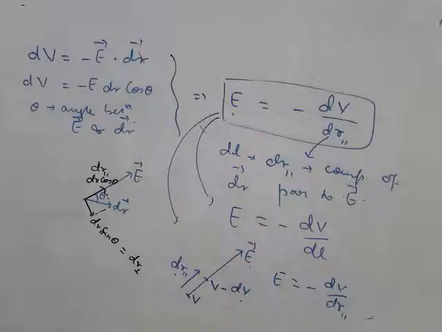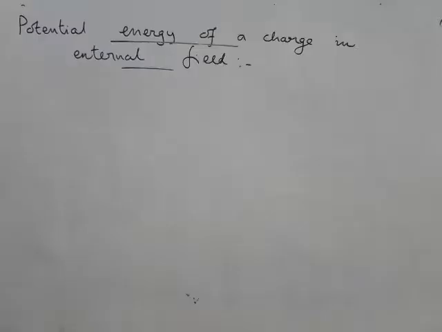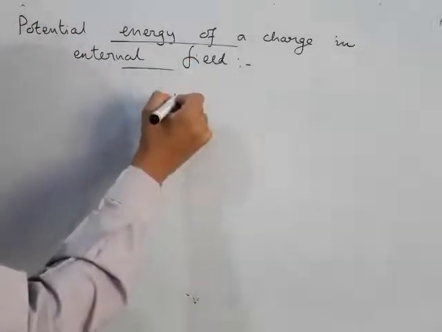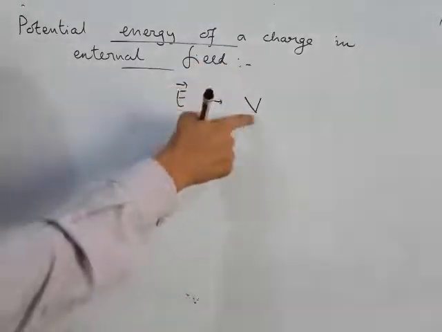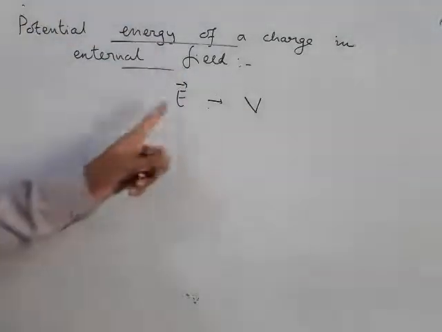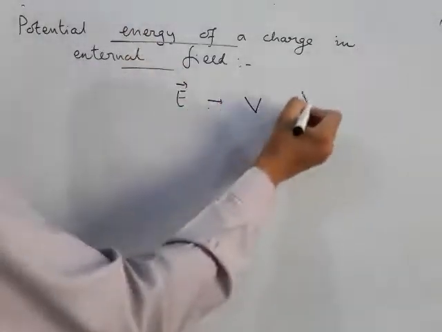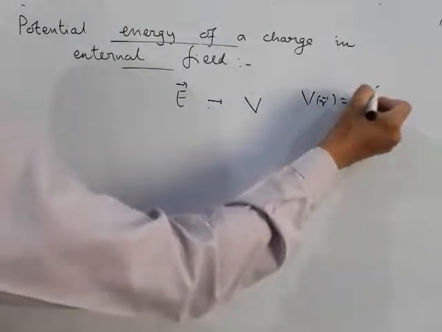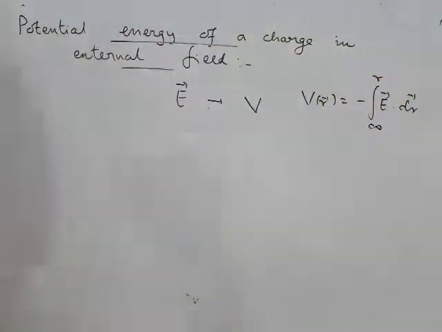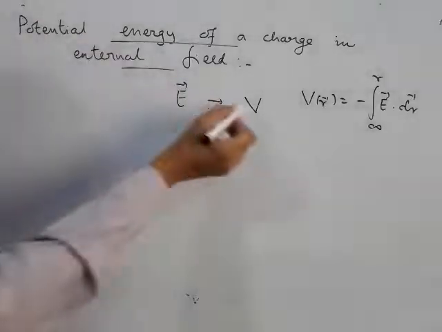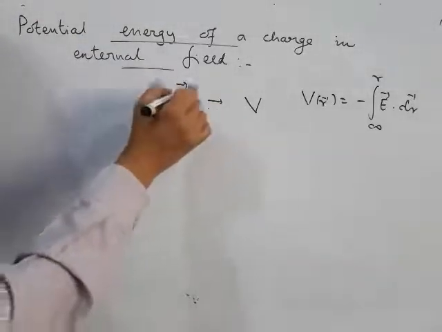and potential. Next topic that I would like to discuss is the potential energy of some charge in external field. When I say field, I mean electric field. Students, we have already seen if there is electric field in a region, then that electric field is related to a scalar quantity which we call as potential. And these two are related. The relation is this one, that potential at a point is given as minus integration E dot dr from reference point to that particular point. So if you know V, you can calculate E. If you know E, you can calculate V.